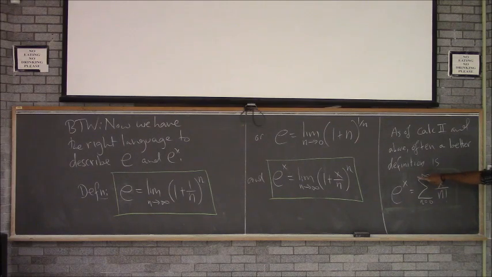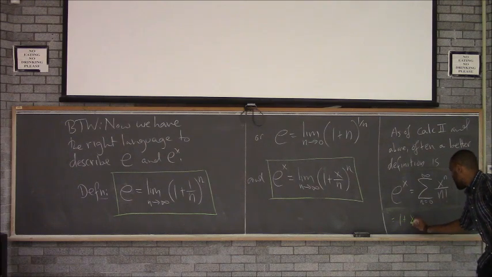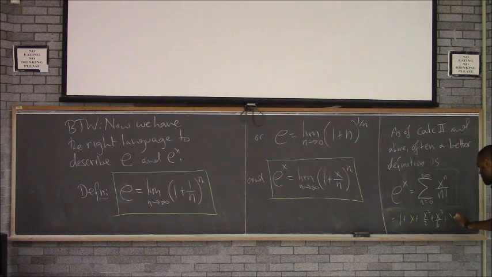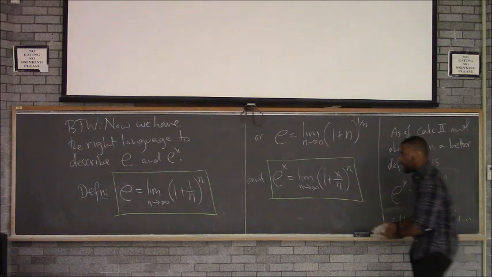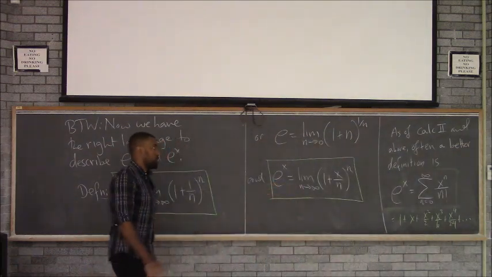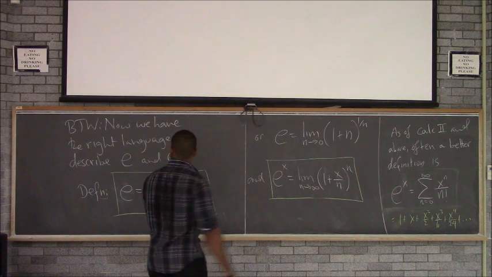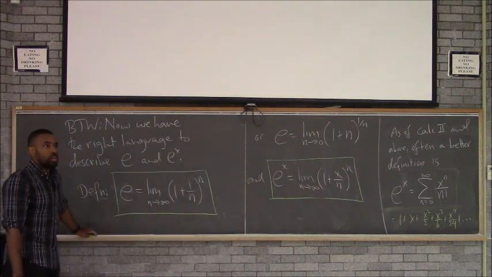So this sign here is a sigma. It means to sum. It means you're adding up a bunch of things that look like this for every n, starting at 0, then 1, then 2, then 3, going forever. So this guy is adding up to 1 plus x plus x squared over 2 plus x cubed over 6 plus x to the 4th over 24, plus keep adding things like that forever. It turns out it adds up to e to the x. That's going to be super useful in a lot of contexts once you get to it.